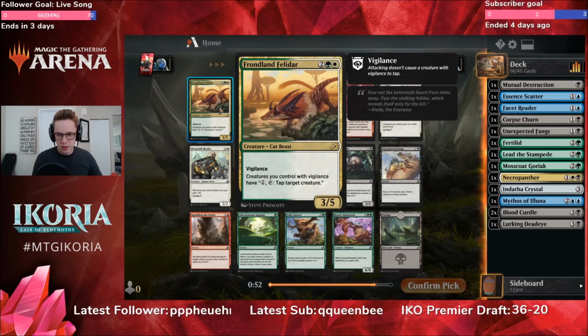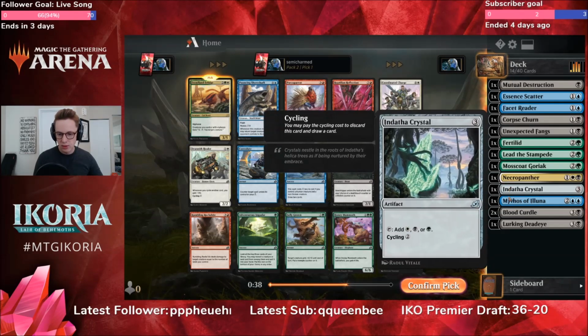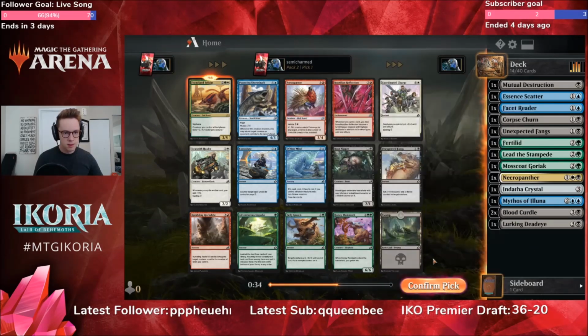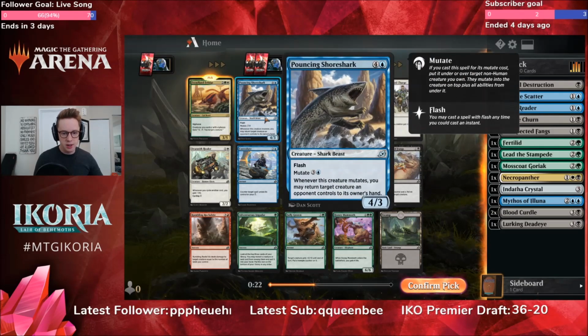So we got a Felidar here. If we want to go into Abzan colors, this card's pretty powerful. It's a pretty big body on its own, and then being able to just tap stuff down is pretty nice. We've got a Goriak that has Vigilance, and that's it at the moment. There's a Shore Shark, if we want to stick with blue. Splash the rare if we can. What do you think about Shore Shark here? This is a pretty nice